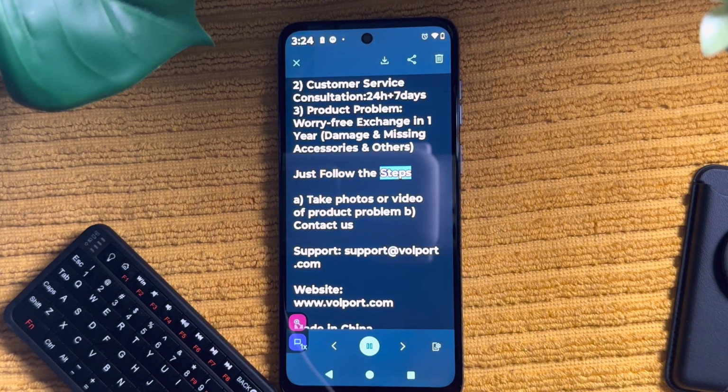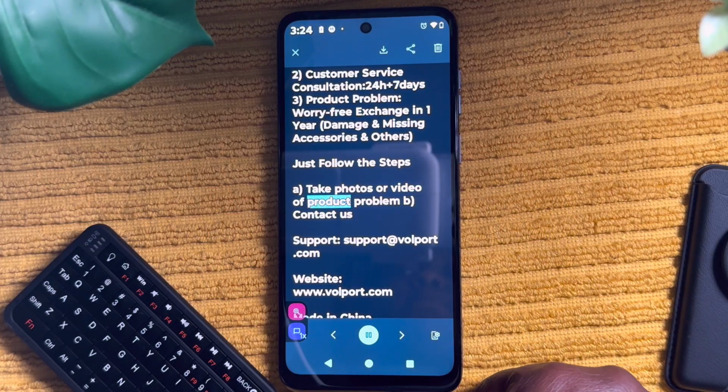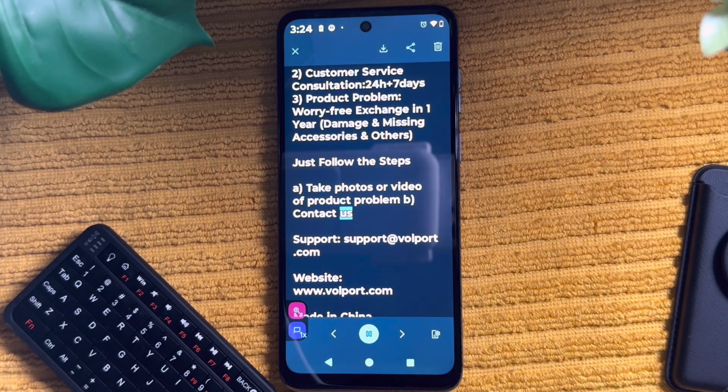Just follow the steps. A. Take photos or video of product problem. B. Contact us. Support at volport.com. Website